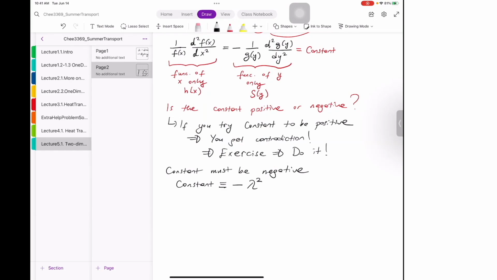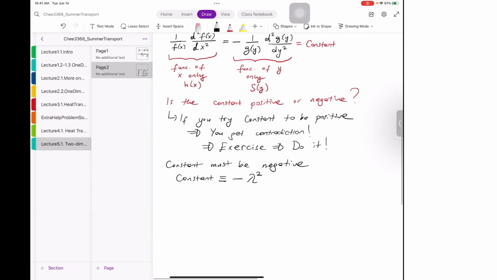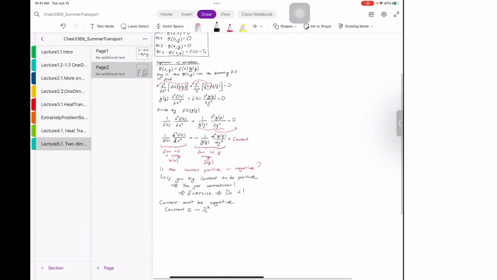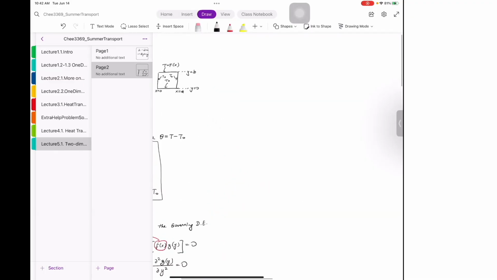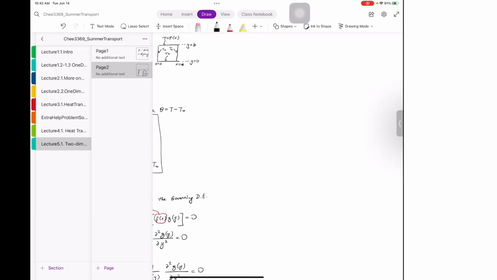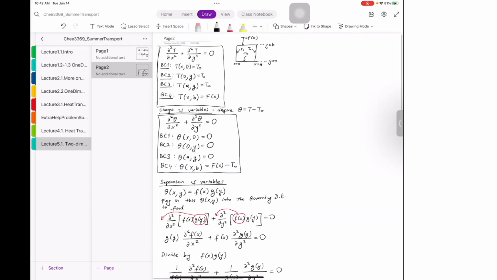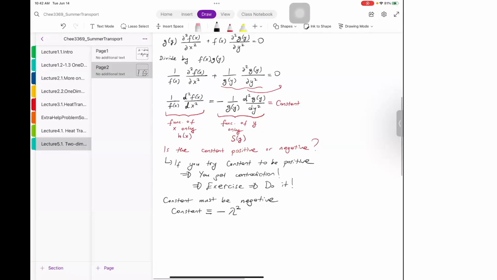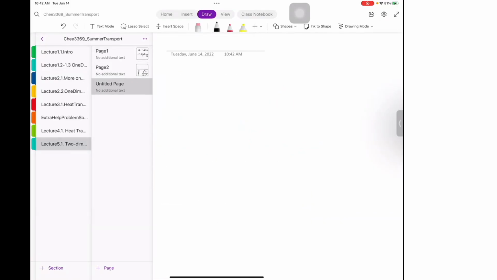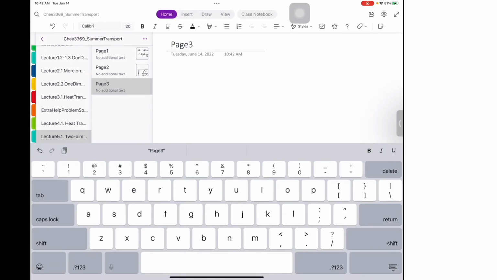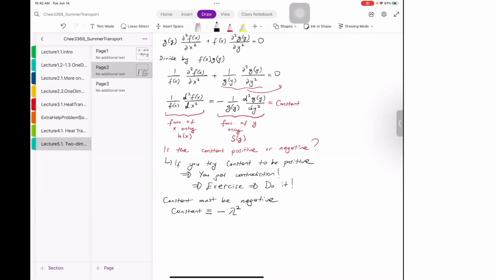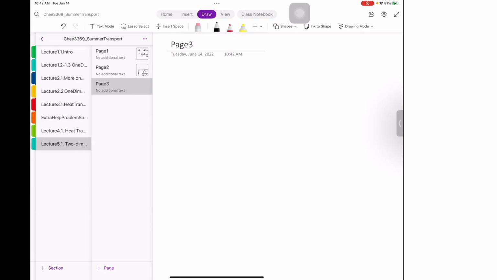Okay, so that's a definitely negative number. So our equations come out to be, let me make it page 3. Okay, so our equations become